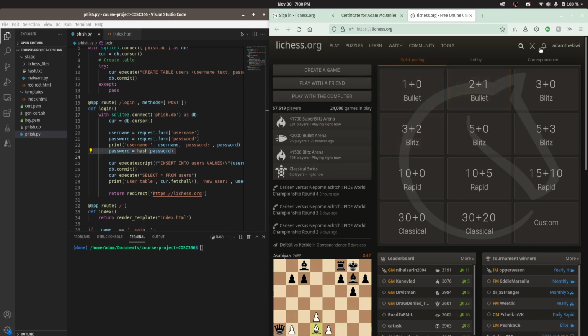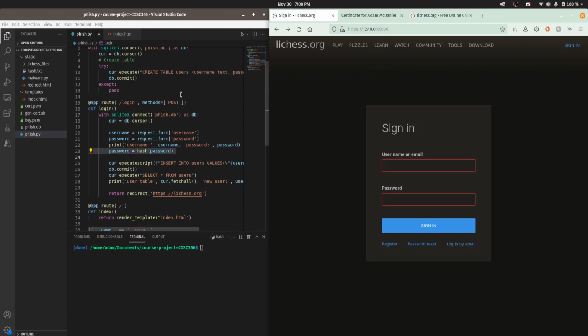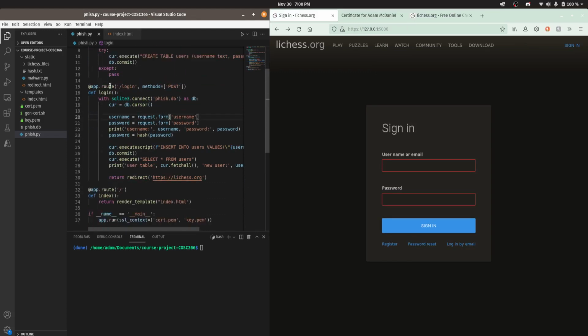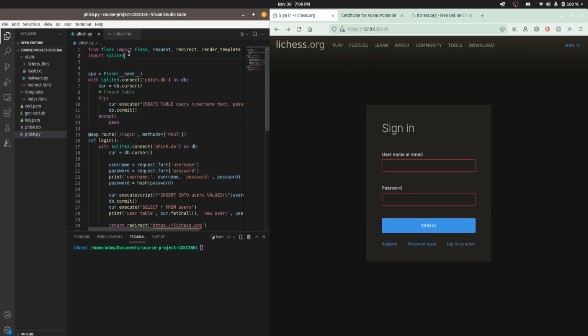So to start, I downloaded the relevant HTML, CSS, and JS files. I just signed out and saved the login page. Then I made a minimal Flask web server. All it did was host the login page, capture form inputs in a POST request, and then redirect to the actual chess website. After I got that completely working, I added the SQL database using SQLite